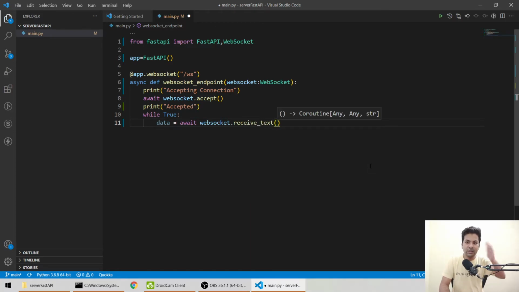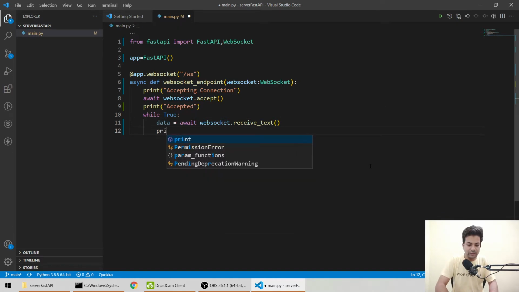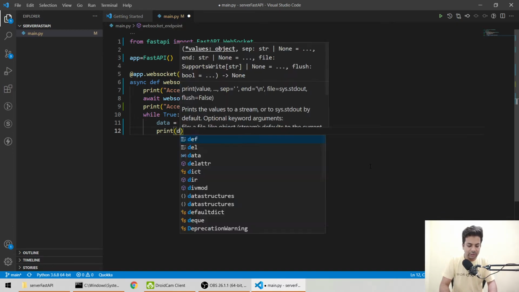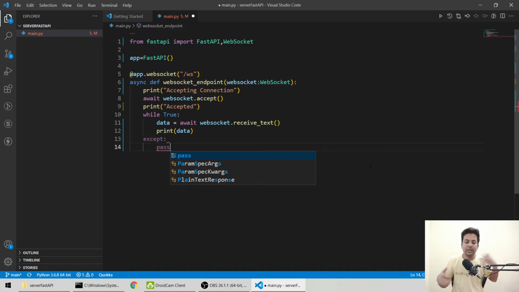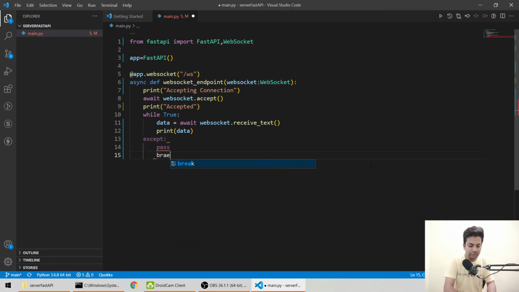This is the way we'll receive the text coming from the front end. Let me print data after that. If some error occurs like disconnection, we'll just pass it, and we'll say break.